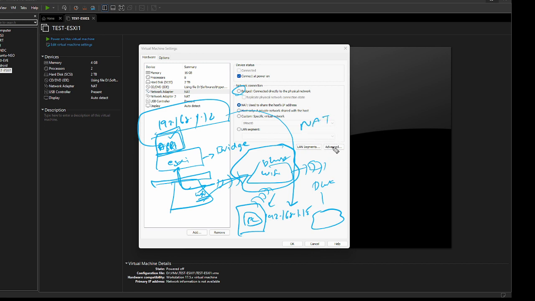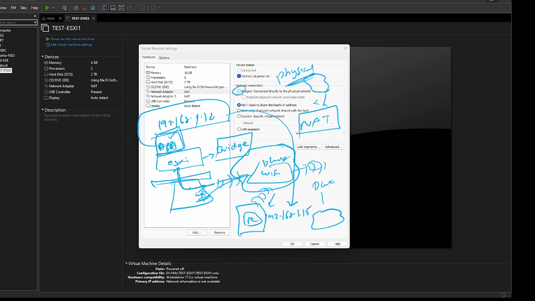But the difference is that if you're using NAT, it is good to communicate with the internet, but it is not good to communicate with your physical network. If you want to communicate with your physical network, this is where you will select the bridge option. That will allow you to communicate with different PCs connected in your same house or a different room.